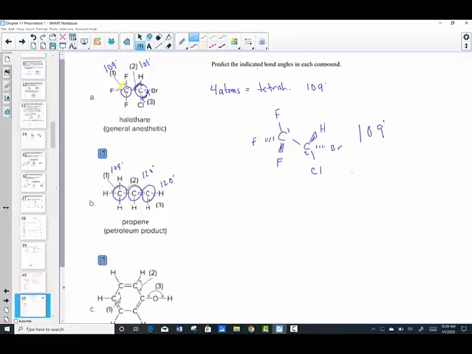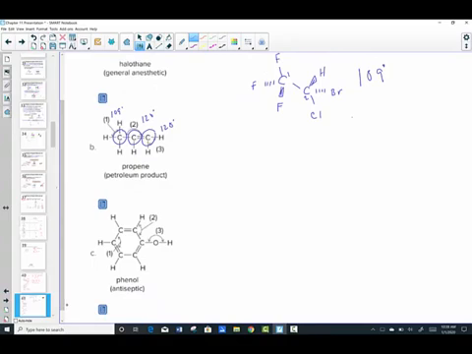And down here, letter C, our first indicated bond angle is around this carbon, which is attached to 3 other atoms, making it trigonal planar, which is 120 degrees. The same is true for right here. This carbon is attached to 2 other carbons, but also an H, so it's attached to 3 different atoms, making it trigonal planar, which is 120